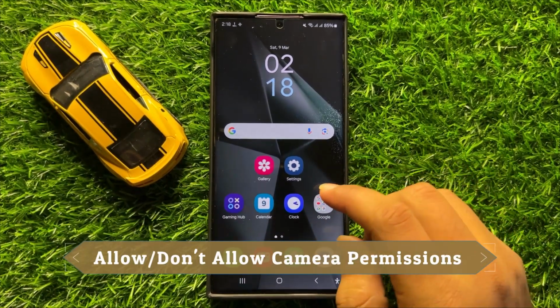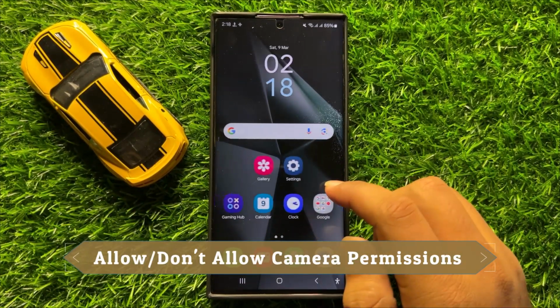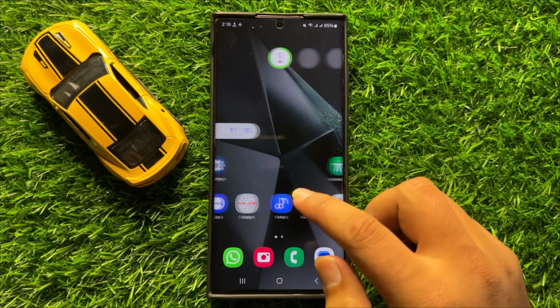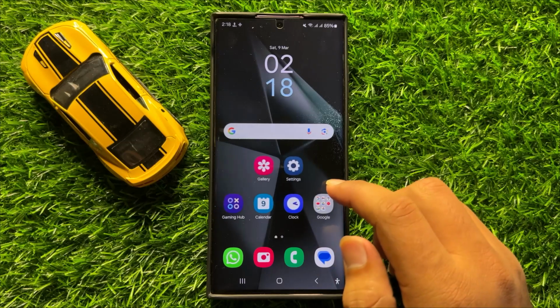Hello everyone, in this video I will show you how to allow or don't allow camera permissions in Samsung Galaxy